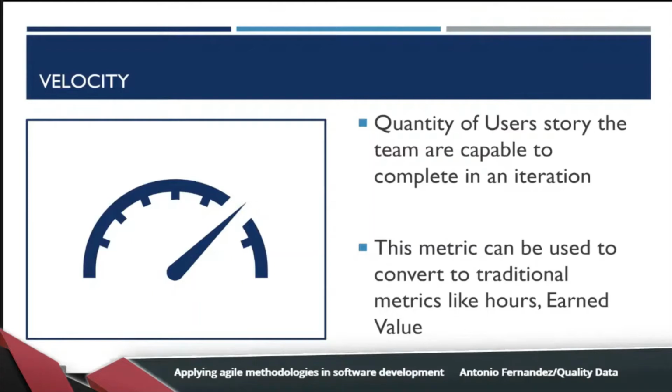And this metric can be used to convert to a traditional metric like hours or earned value. This is because our sponsor or our client needs a report expressed in hours, effort by person, etc. And we need to report today.